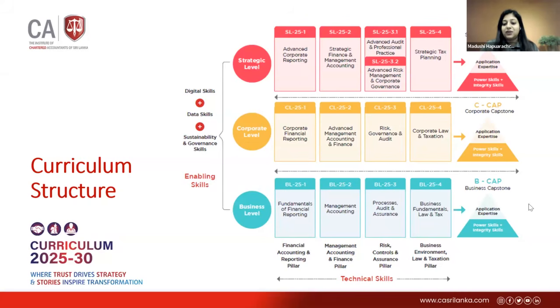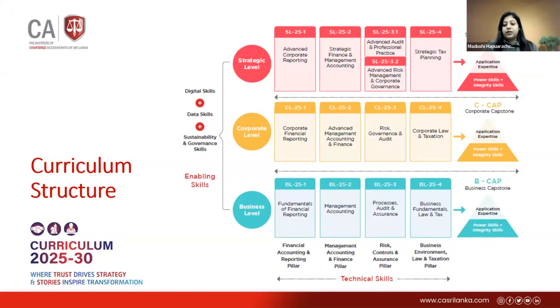For the understanding of the whole, when you are trying to do the business capstone, you have to first develop your skill sets. That skill set includes leadership, business acumen, problem solving, people skills, and communication skills. All those skills are required for you to be a competent chartered accountant, a competent CBA accountant, or a competent CCA accountant. That's the middle level financial professional which we are looking at at the end of the corporate level. So that is the skill set we are developing.